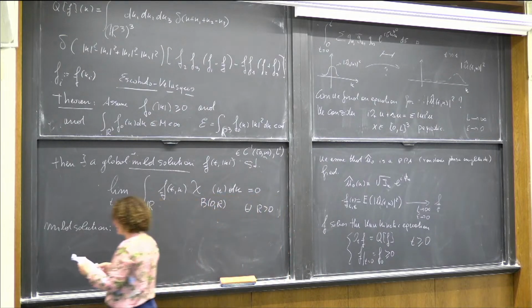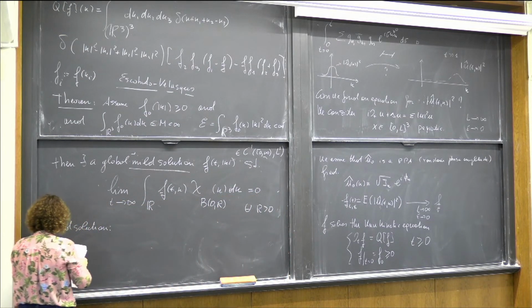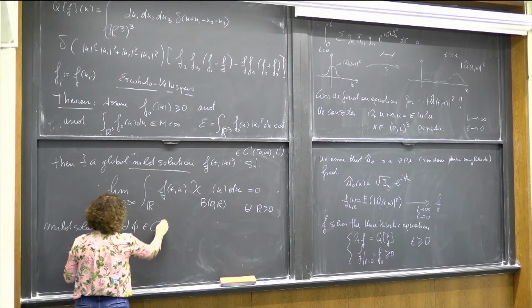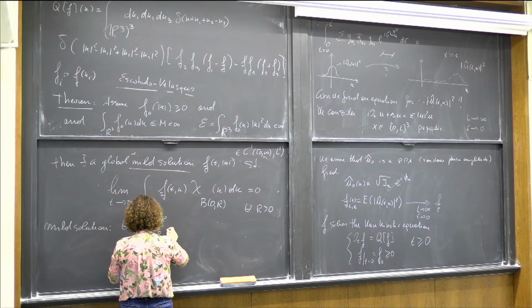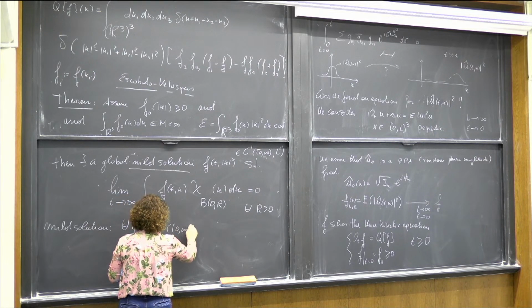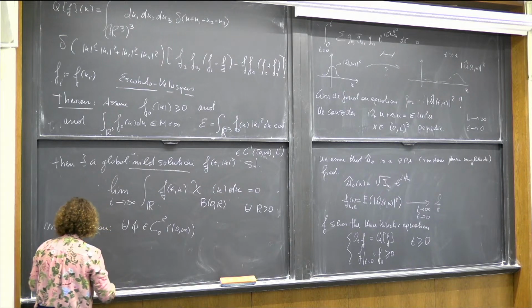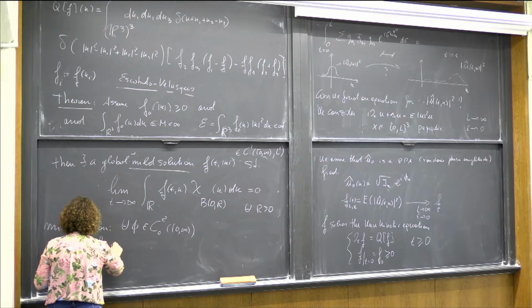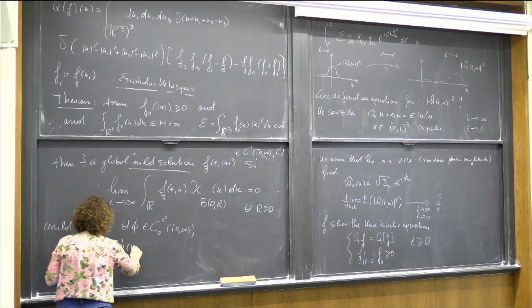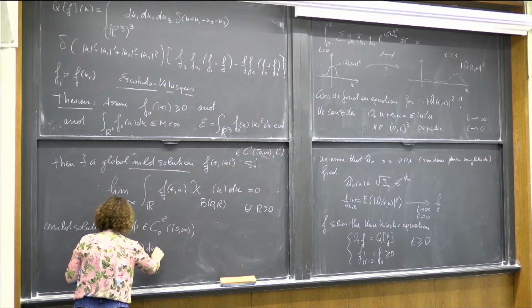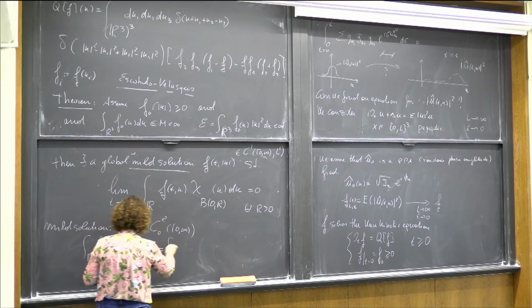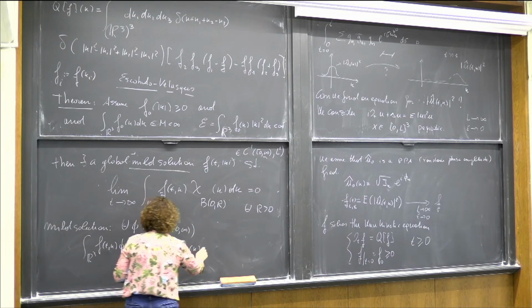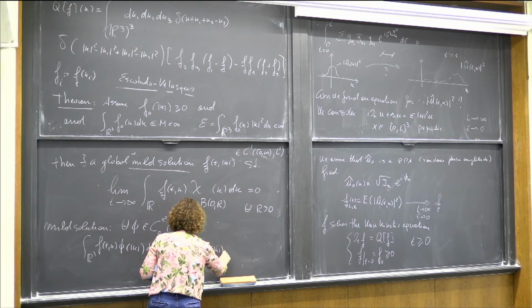Being a solution means the following, that for any phi, smooth enough, compact support, and I'm going to assume that also this is radial, of course, the integral in R3 of f(t,k) phi(k) dk is equal to the initial data, the integral of f0(k) phi(k) dk,